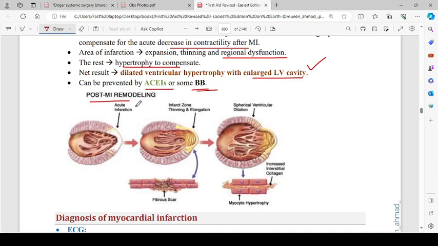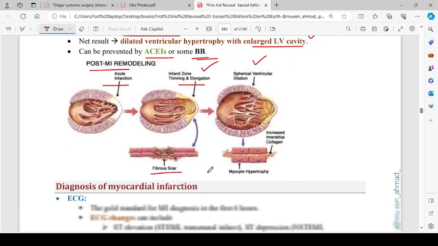So post-MI remodeling in acute infarction looks like this. Then there is infarct zone thinning and elongation. Spherical ventricular dilation is happening, and this is the fibrous scar and myocyte hypertrophy, with increased